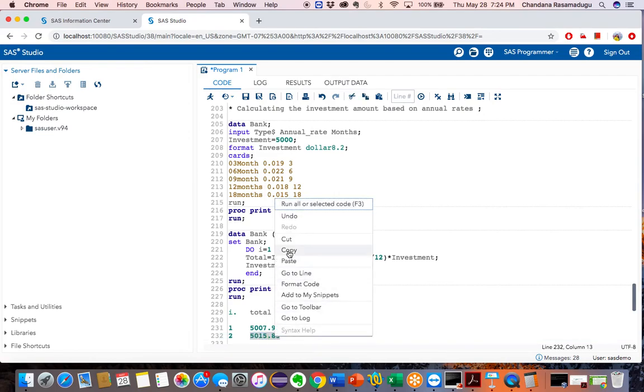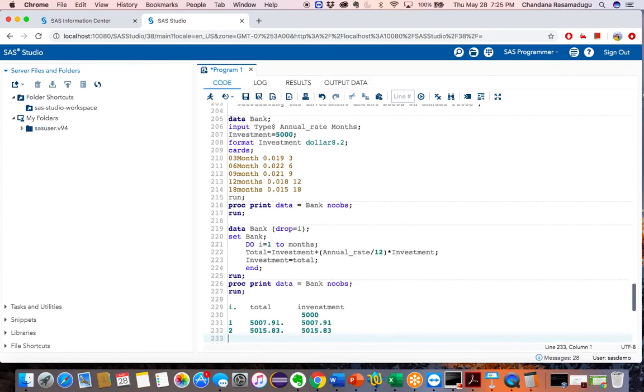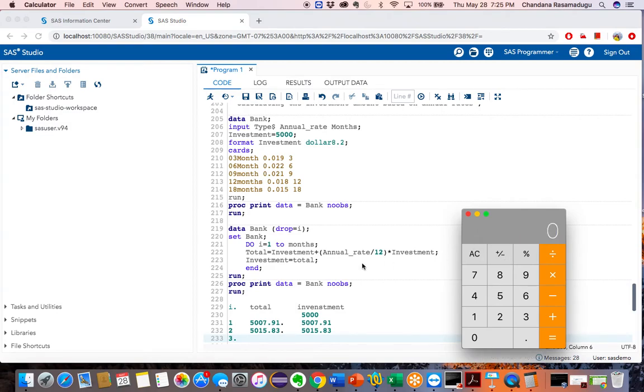And the next step is investment equal to total. So now my investment is the same value. Now perform for the third month. In the third iteration it will perform for the third month. Here again it calculates the total by using the new investment value. Let's do it now.